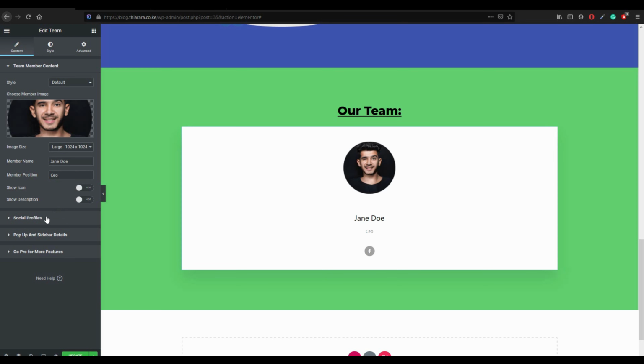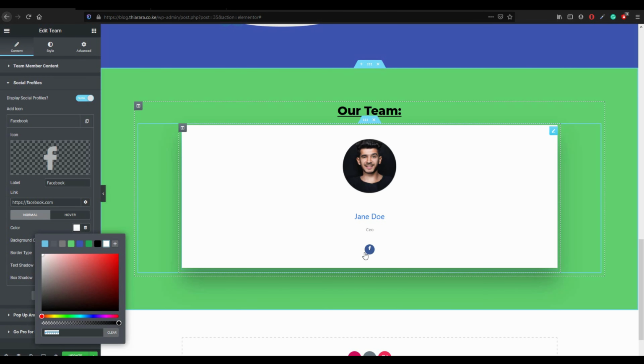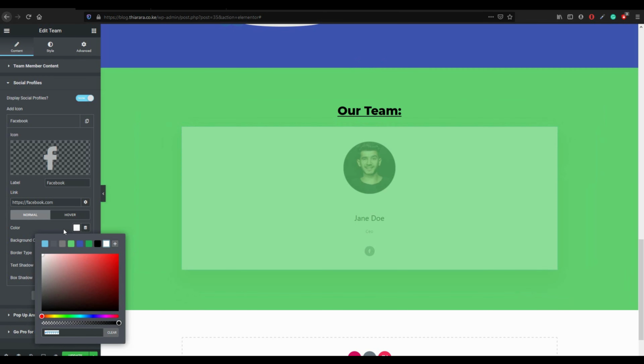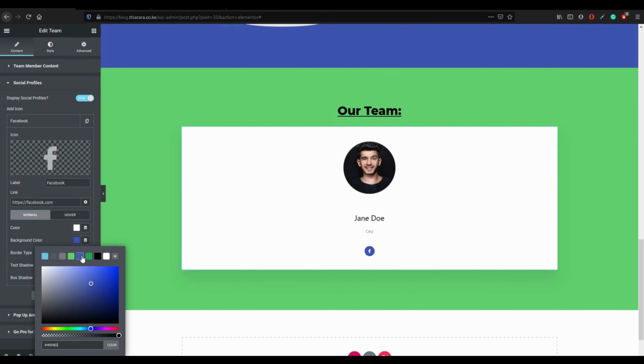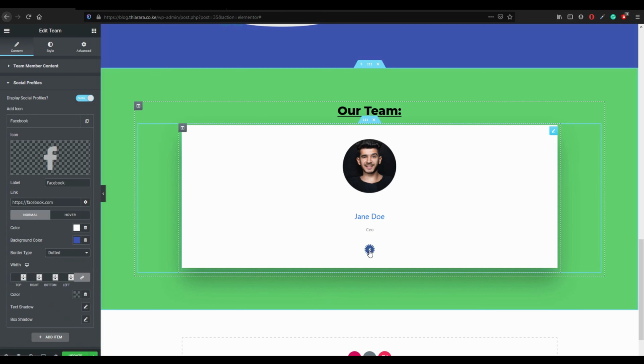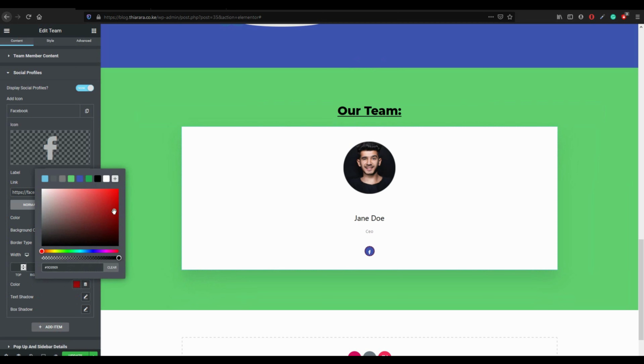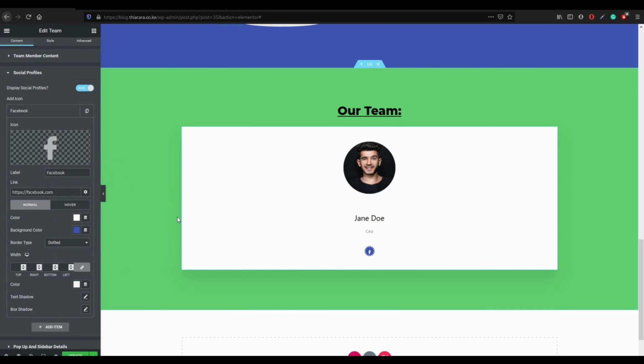Let's come to social profile, set everything from here. You can even change this icon here. You can say white background, let it be blue, depending on how you may want it to look like. You can even set the border type, and you can even set the color for the border. You see, it's good. So after that, what we need to do is click on this section here and duplicate